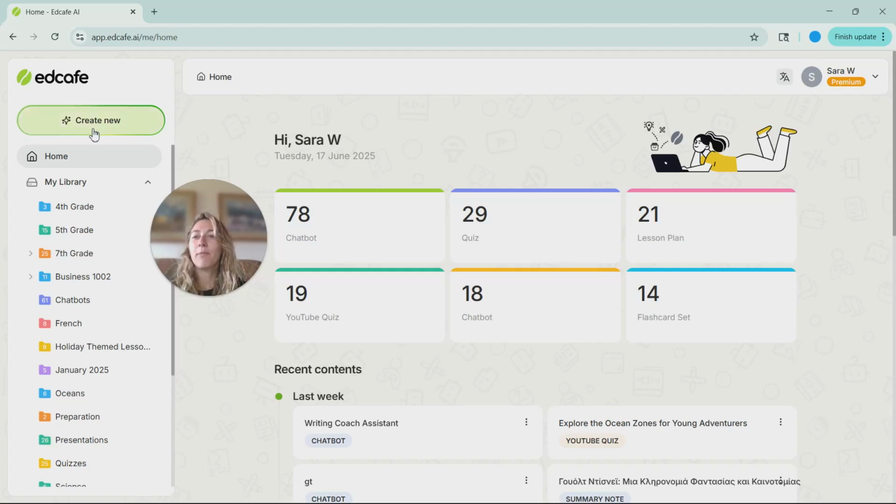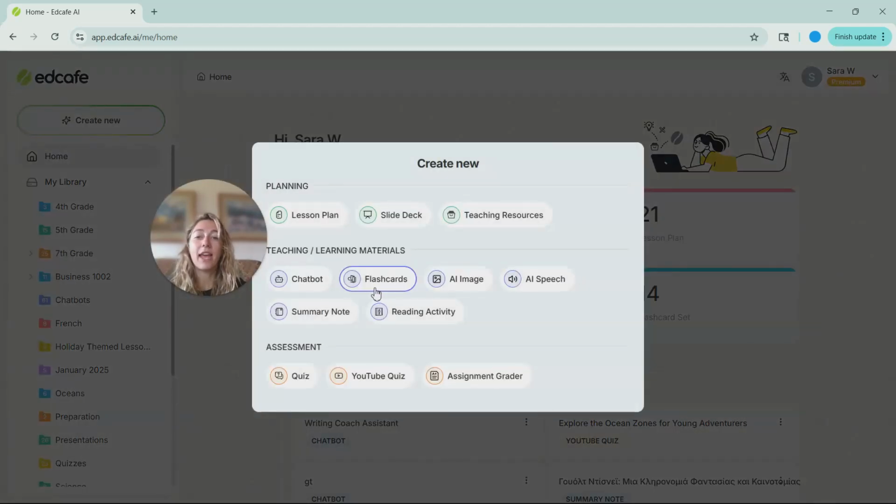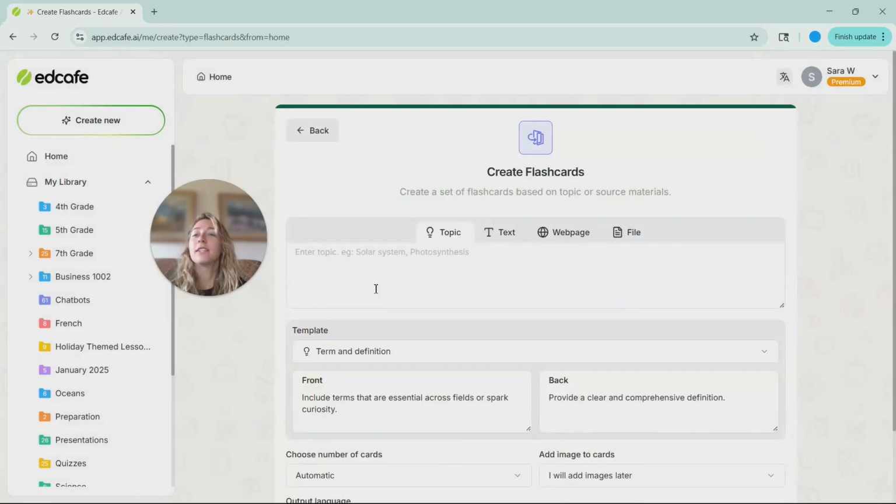Hey everyone, in today's video, I'm excited to walk you through how to use Edcafe AI's Flashcard feature. This is a quick and flexible way for you to create some interactive study tools for your students. So within the Flashcard feature, of course, you can create the flashcards based on a topic, text, web page, or